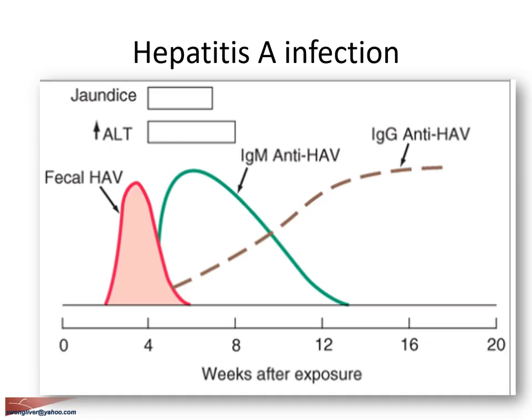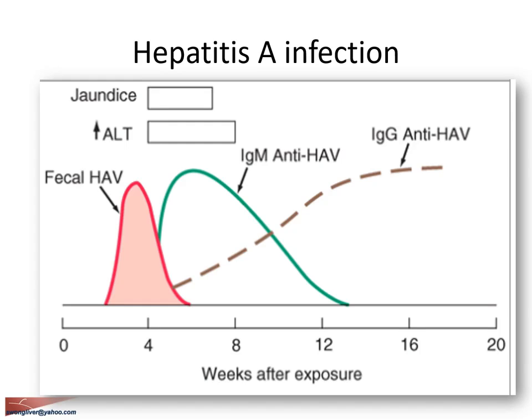As I've said, hepatitis A infection is usually a self-limited infection. It's acute viral hepatitis. It does not progress to chronic viral hepatitis A. So there's no such thing as chronic viral hepatitis A. Okay? So when you get a patient with hepatitis A infection,